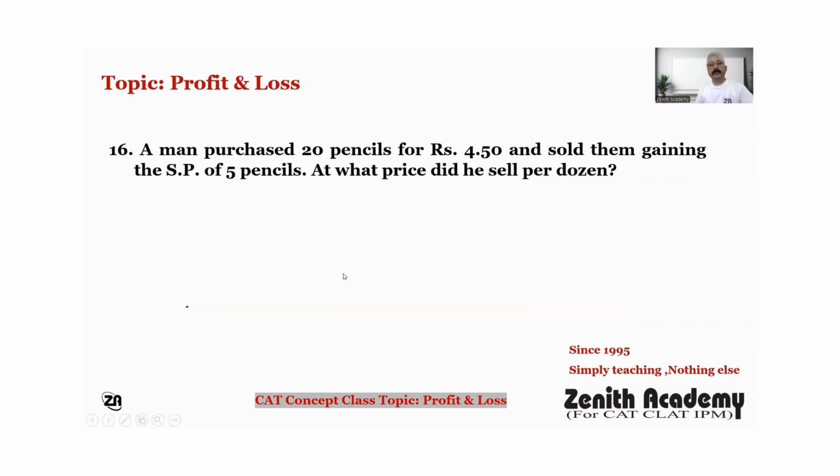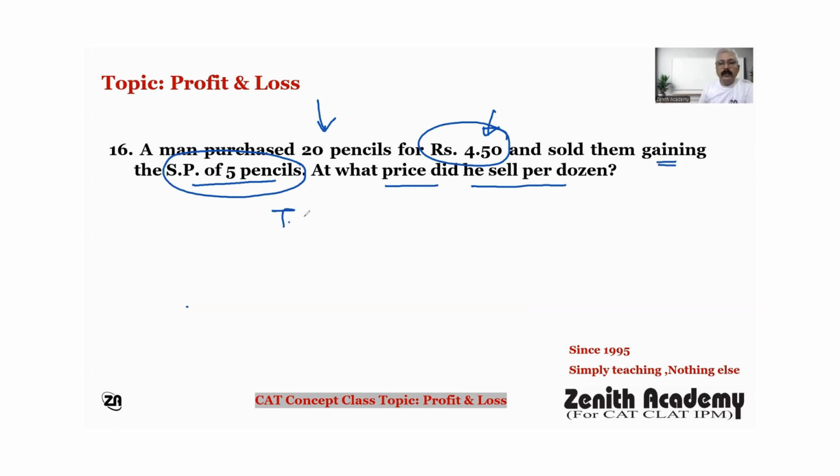Now see the next question. A man purchased 20 pencils for rupees 450 and sold them, gaining the selling price of 5 pencils. At what price did he sell per dozen? So the man purchased 20 pencils for rupees 450 and sold them, gaining the selling price of 5 pencils. So here there is a gain, correct? So total gain